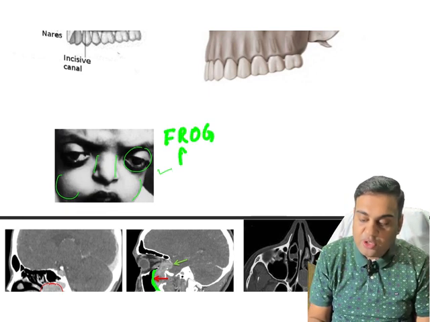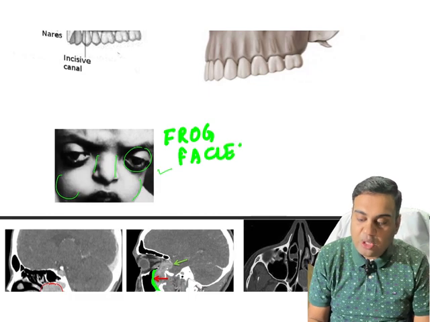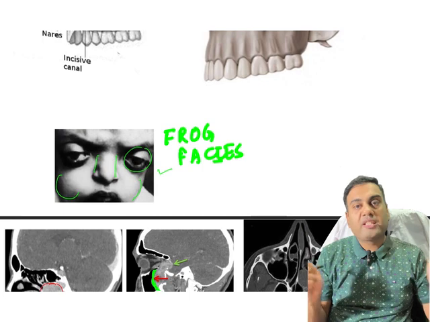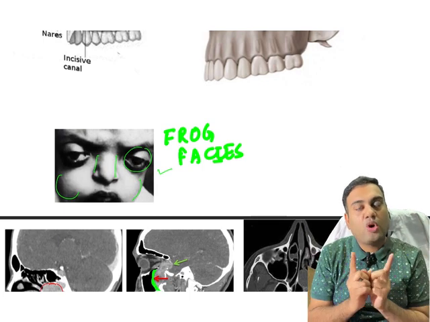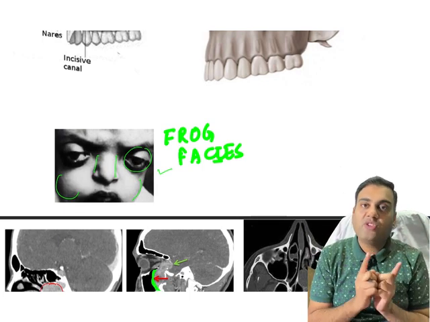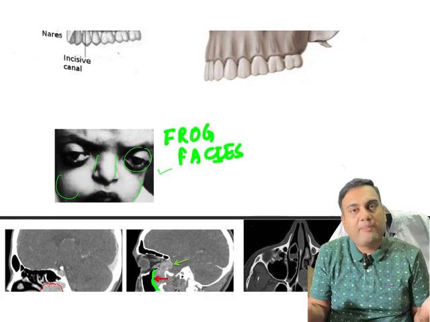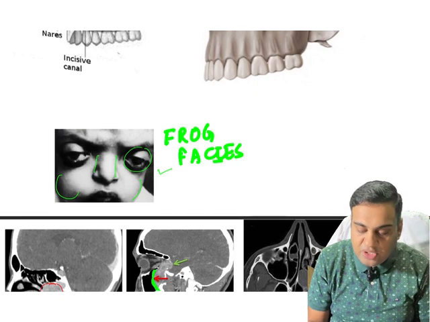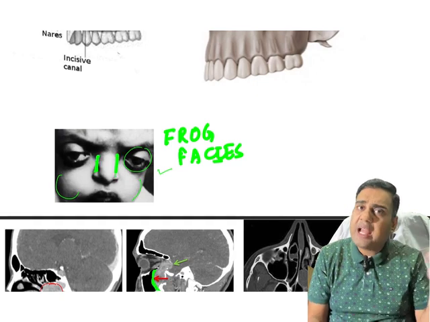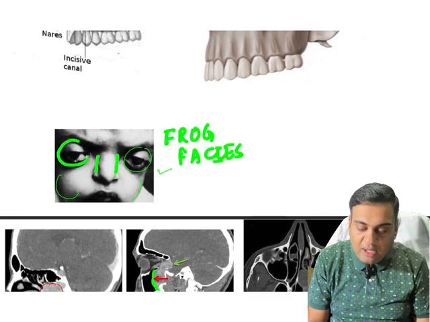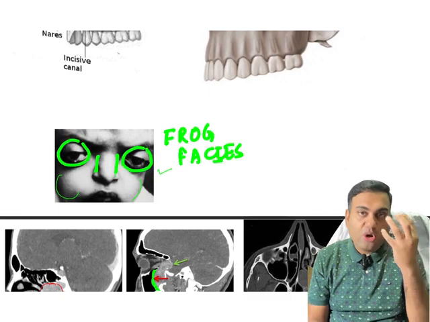Frog face. So in today's lecture we have seen two classical faces, adenoid face and frog face. Frog face is diagnostic of juvenile nasopharyngeal angiofibroma, whereas adenoid facies is diagnostic of adenoid hypertrophy, right? So this child will have broadening of the nose, whereas that child will have a pinched nose. This child will have protruding eyes